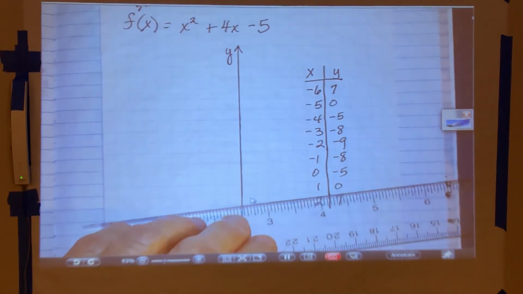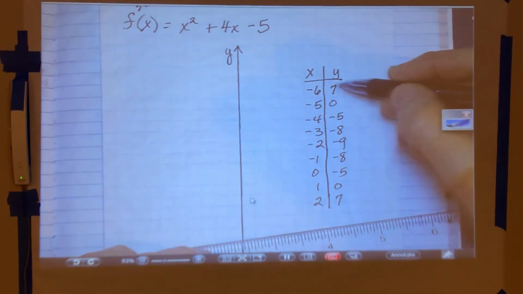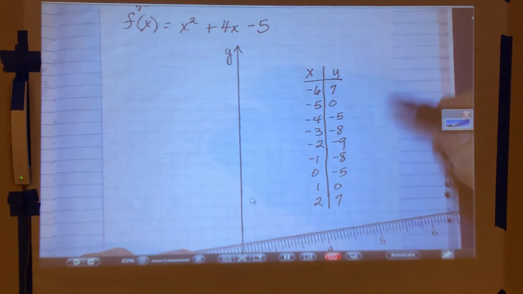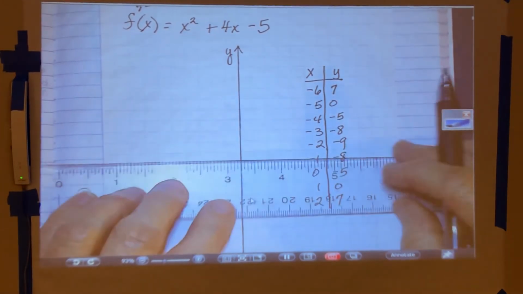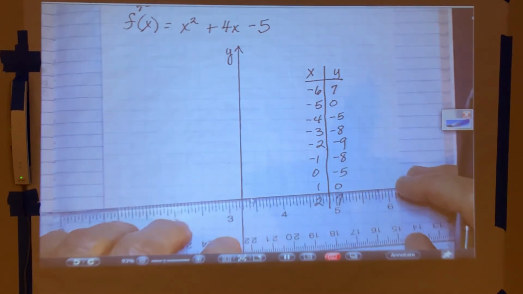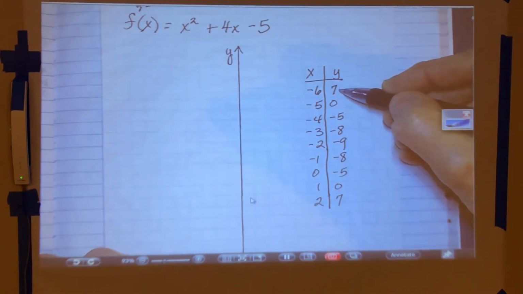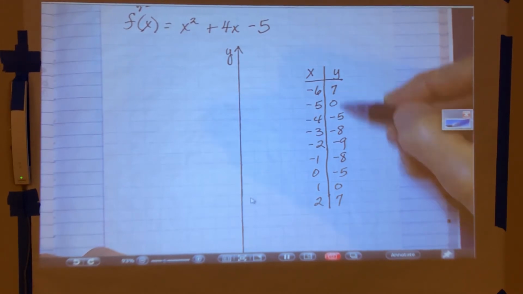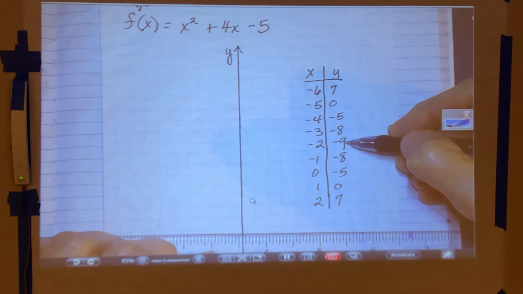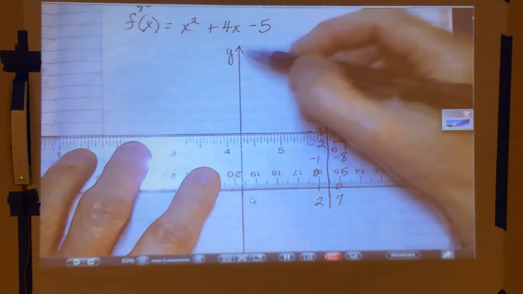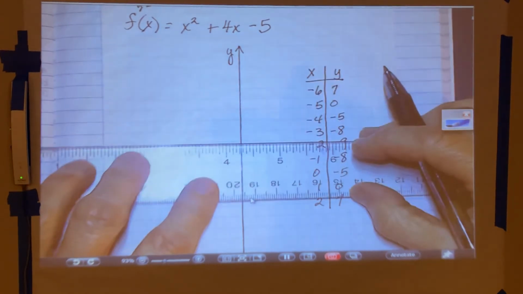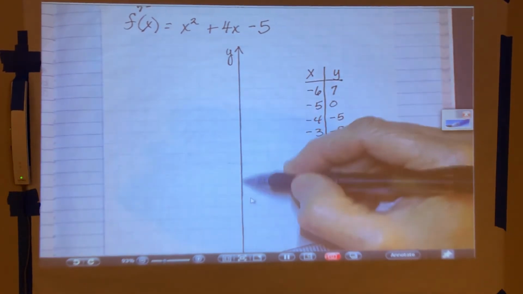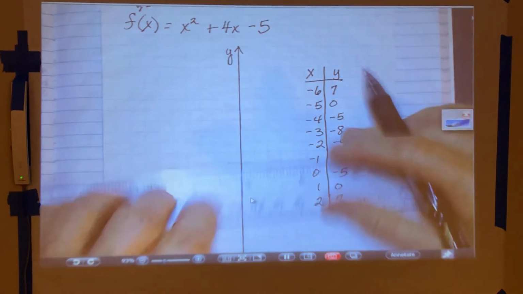And let's see. I've got to go up and down my y-axis. And my x-axis, I need to get all the way over to -6 and then +2. We said that. I've got to get up to 7, and down to -9. So I've got to go further down the y-axis than I have to go up. So if that's 7, 6, 5, 4, 3, 2, 1, 0, that'll work. And then 1, 2, 3, 4, 5, 6, 7, 8, 9. Yeah, this will work right in here